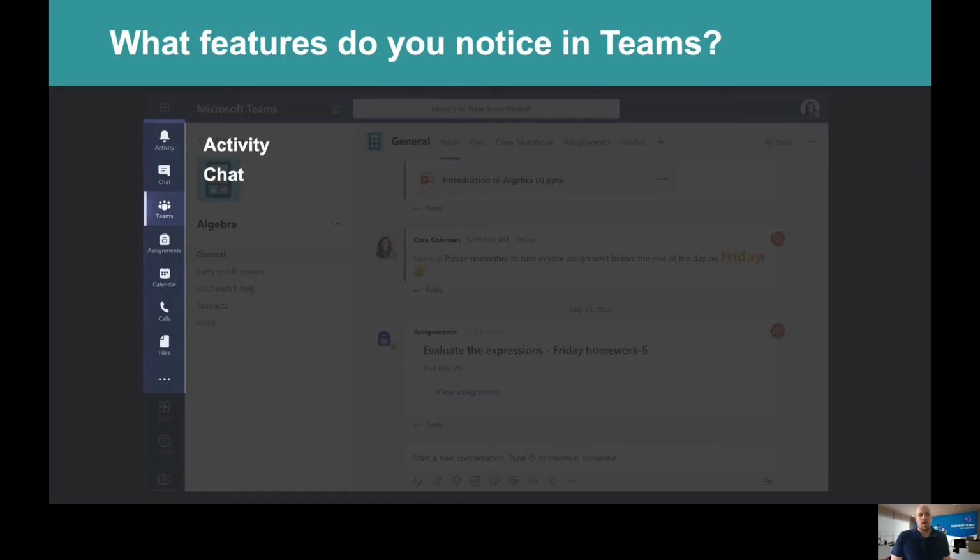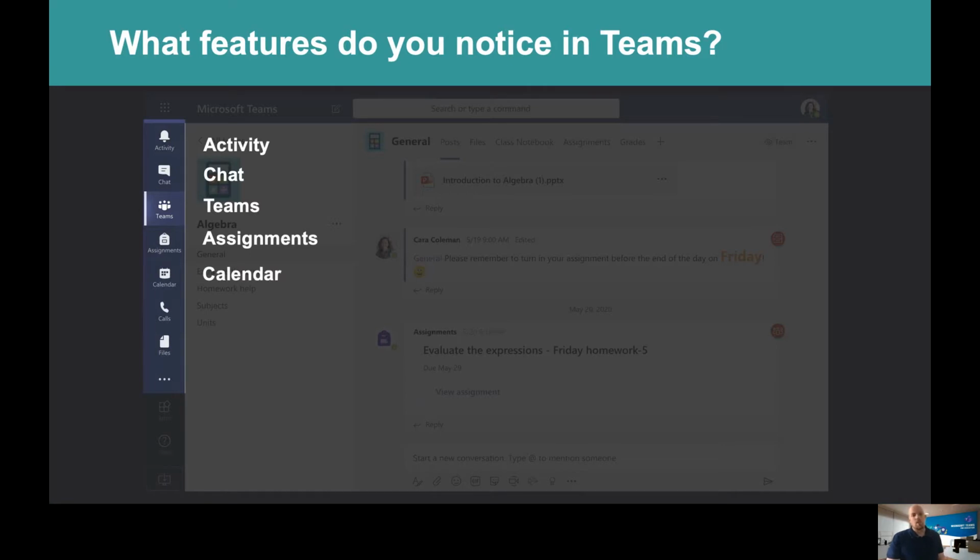We then have the chat feature. So this is separate to Teams. It's a one-on-one or small group chat area that you can use. We then obviously have our teams that we have with our students and maybe our professionals at work. We have the assignments tab. This is a nice place where all of our assignments come together, especially if you're in the secondary space, and you'll probably find that you have lots of teams because you'll have a team for every subject you teach. And this will consolidate and bring all of those assignments together in one space.